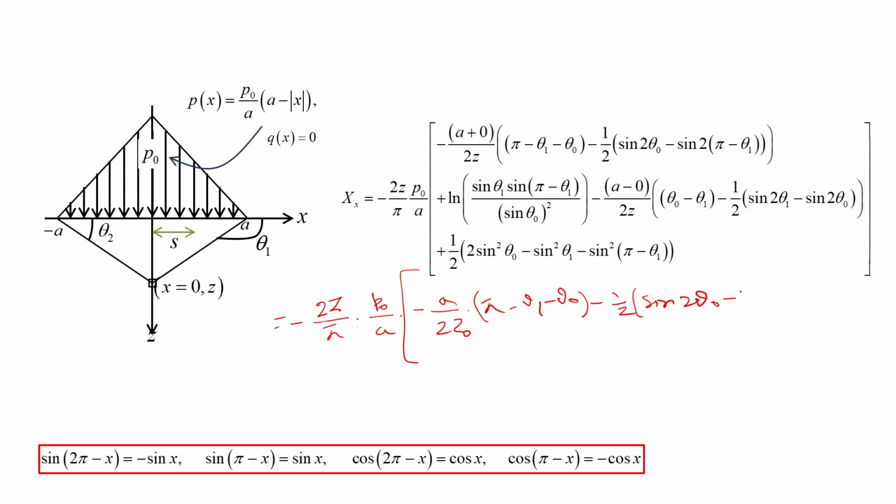So, it should be sin 2 theta 0 and plus sin 2 theta 1, bracket is closed over here and plus